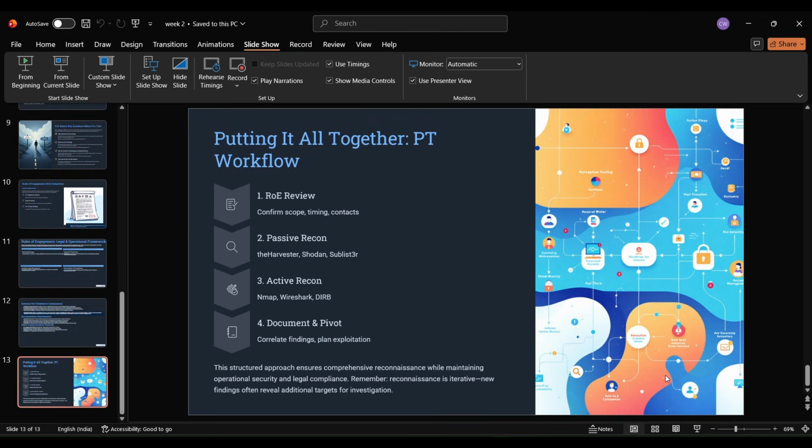After finding our targets, we poke at those systems. Maybe the nmap thing comes here, which will help us map the open ports, services and versions more specifically. Then the third thing is